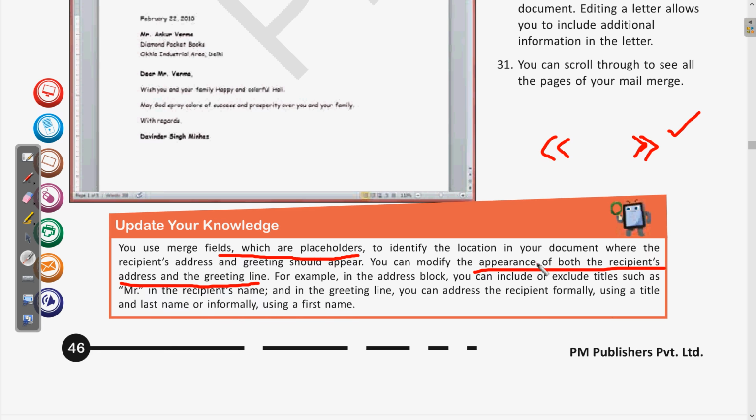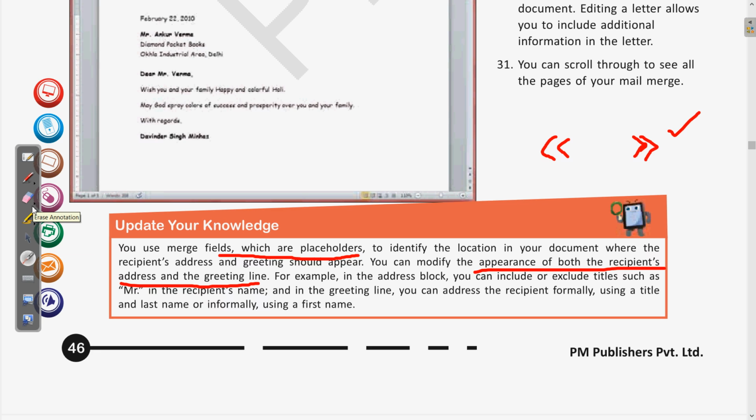So this was the concept we have seen, how we can modify the format of the address line or the greeting line. According to the use and requirement, if you are writing a professional letter, we are required to use a formal tone, meaning Mr., and a professional approach.